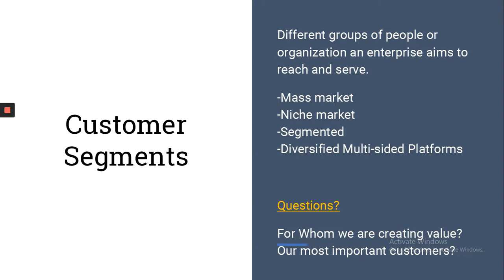Another way that you can slice the market into different parts is the niche market. Niche is a more specific kind of need. For example, in our health sector, people having heart disease, or sugar patients. That is a very small segment of the market. So you're not producing Disprin for the whole market, rather you are producing a particular medicine for one specific need, and that is what we call the niche market, right?